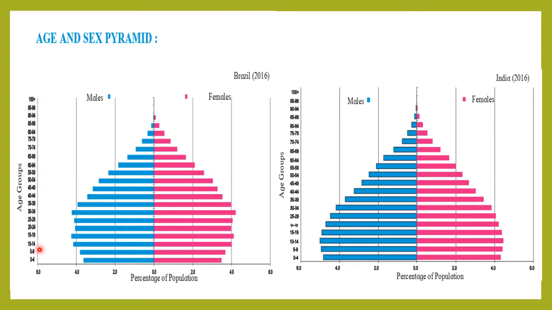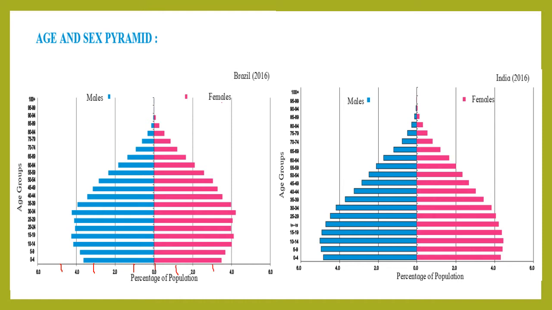So this is the y-axis and this is the x-axis. On the x-axis we have the percentages of the male as well as female population, and on the y-axis we have the age groups 0 to 4, 5 to 9, 10 to 14, 15 to 19 and so on. In the percentage we have 0 here, then between 0 to 2 we have 1, between 2 to 4 we have 3, and between 4 to 6 we have 5. The same way over here also.